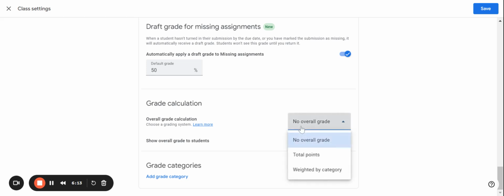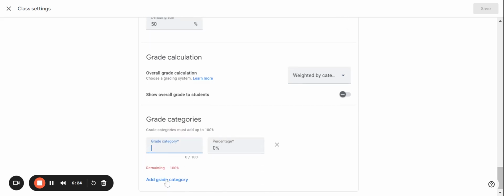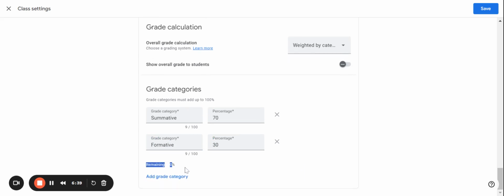We have the ability to calculate our overall grade. We weight our grades by category here. We can choose if we're showing that overall grade to the students or not. And then we know that we have the ability to add our categories. So we can make our summative and make it be worth 70. And then we can add a grading category, and we've got our formative, and we can make that be worth 30. And that, you can tell, fills up our categories. When we do that, this should give you a gradebook